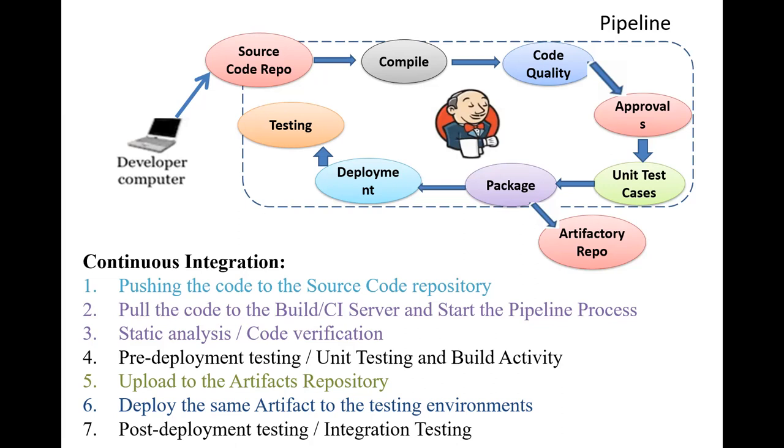Integration is, okay, so you have verified the code and everything is okay. And you have verified whether his code has impacted other developers or not. That is about integration. My code should not impact your code, because we are both working on the same project and you are also committing code and I am also committing code. But my code should not impact your code, or your code should not impact my functionality. So that is verification about integration. But integration is not enough.